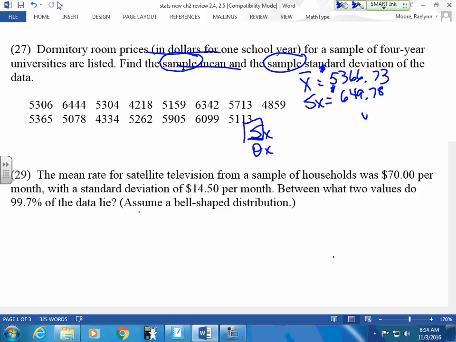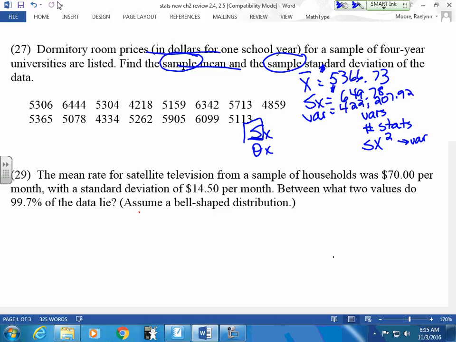Now, to get your variance, this is the opposite of when we did those tables. Go to the word VARS. Hit the word VARS in your calculators by the clear button. Go down to number 5, statistics. Come to SX, hit enter, and square it. This will give you your sample variance. It's backwards from when we do the table. So your sample variance should be 422,